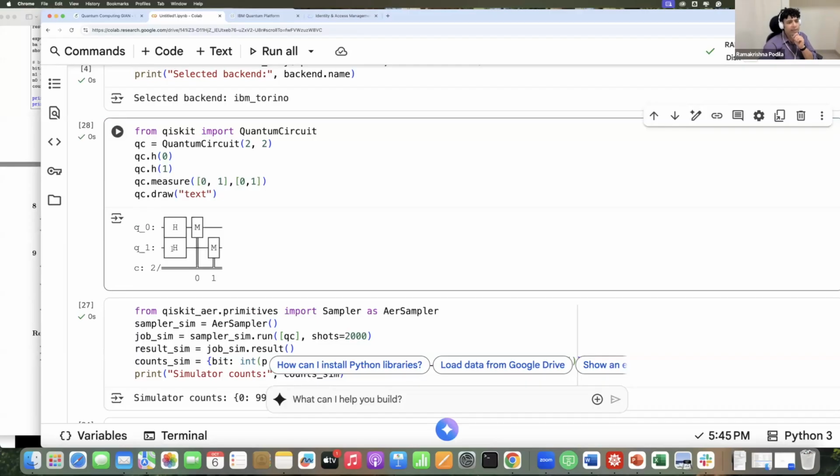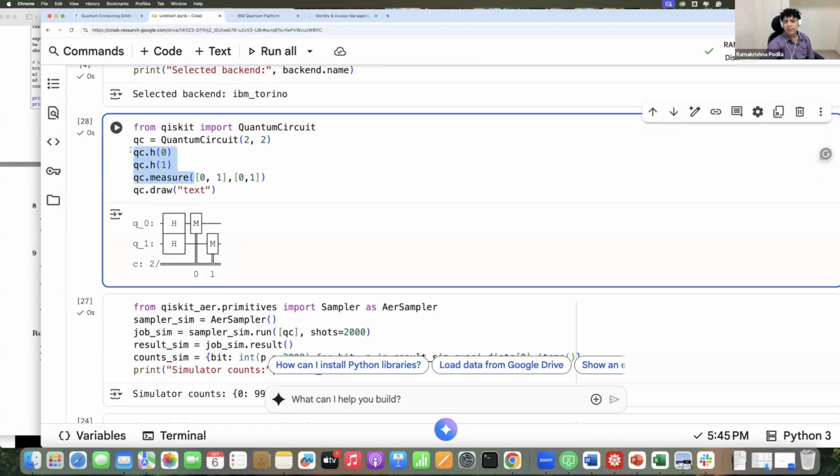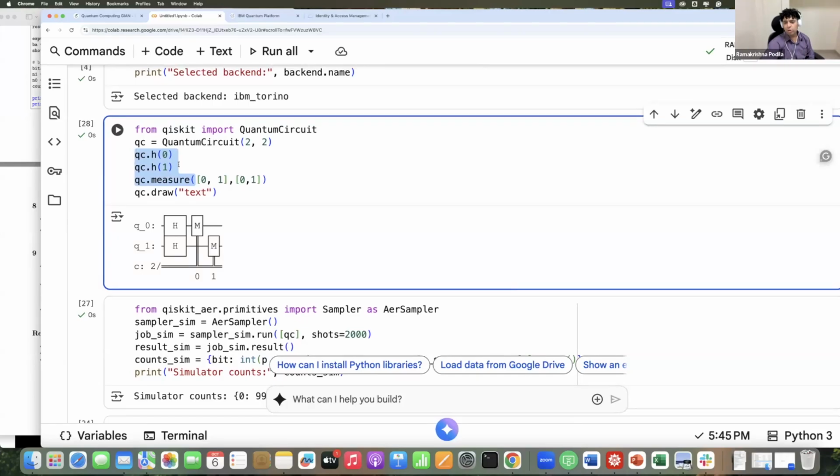So Hadamard gate and measure. Right. But see that these are not entangled. These are just 2 qubits. We did not entangle them. What we want to do is we want to create